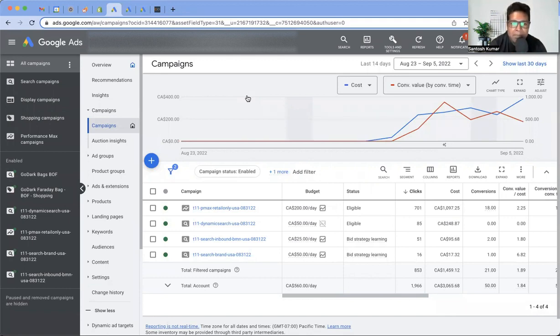Now, the primary difference between standard shopping and performance max, besides performance max serving all those 5-6 different channels, is that performance max campaign can do dynamic remarketing built in. The standard shopping campaigns cannot do that. So to be able to take advantage of the performance max campaign capability, you need to have this dynamic remarketing tag set up properly. Otherwise, products will not be dynamically remarketed, and therefore your campaigns will not get the kind